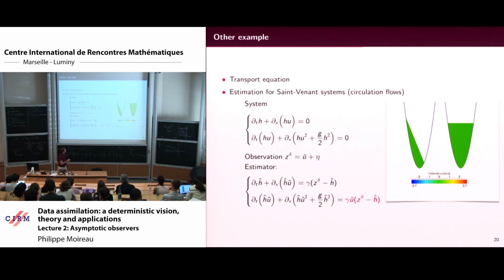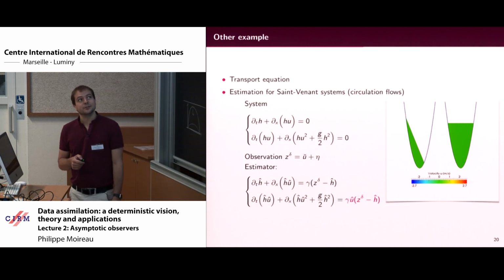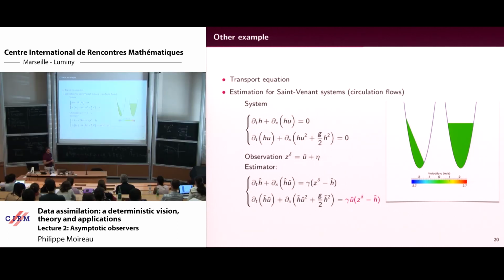Okay, let's show how it works. So this is a test case. You have a glass of champagne. Okay, the observation is that the champagne will move like that. So it's like the end of your evening yesterday, we start by believing that you were in perfect shape and that your champagne glass should be like that, okay? So my observer will start with this initial condition, okay?